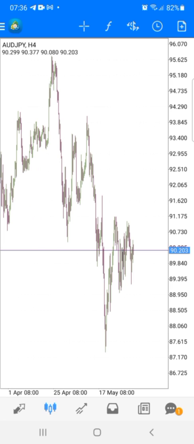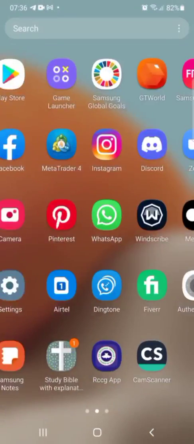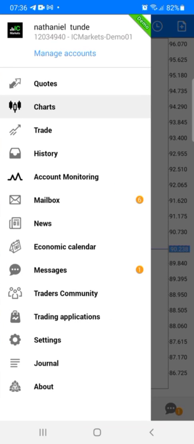You download it. After you have downloaded it, you are going to see the icon like this. You see, this is MT4. Guys, you see MT4 on the screen. So you click the MT4. When you click the MT4,